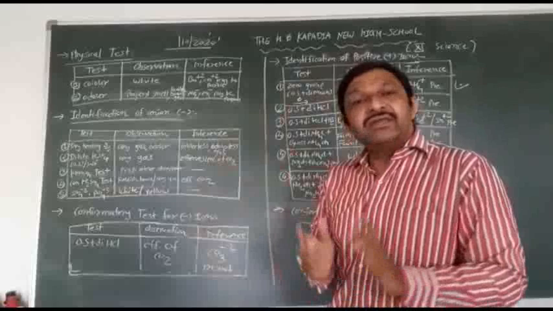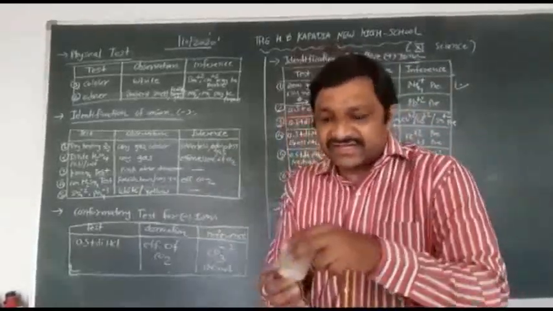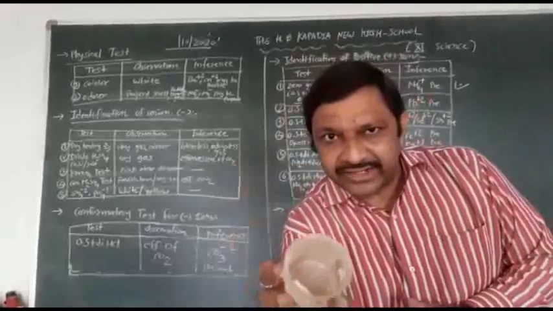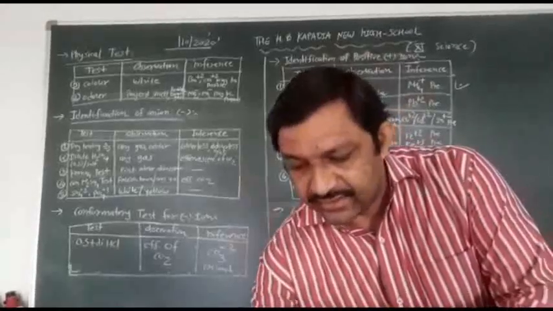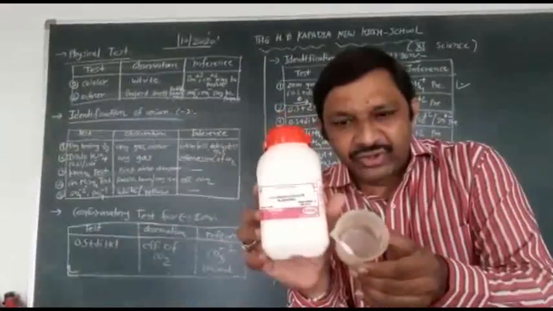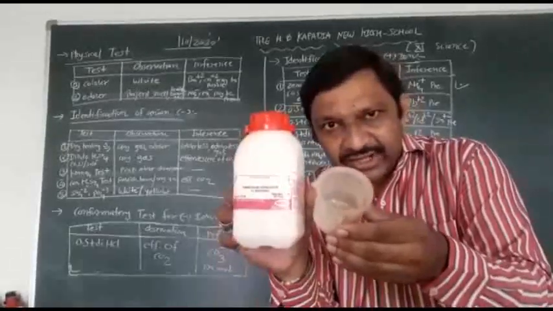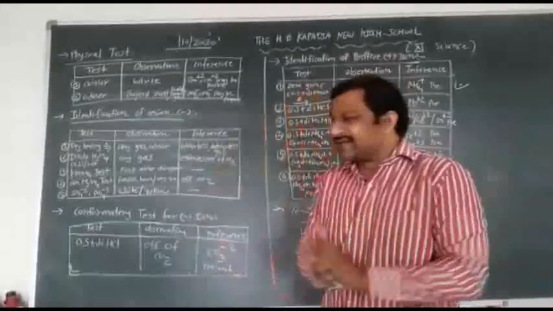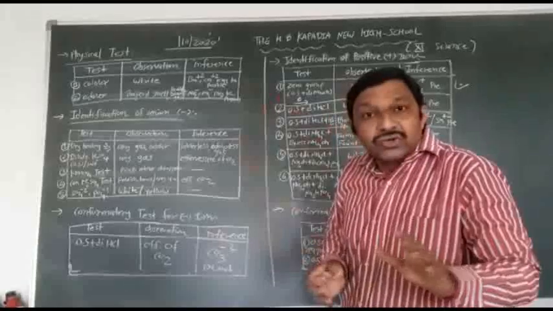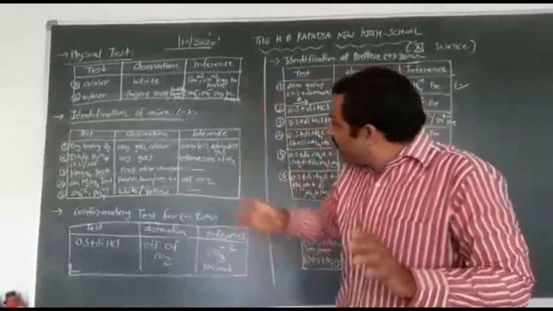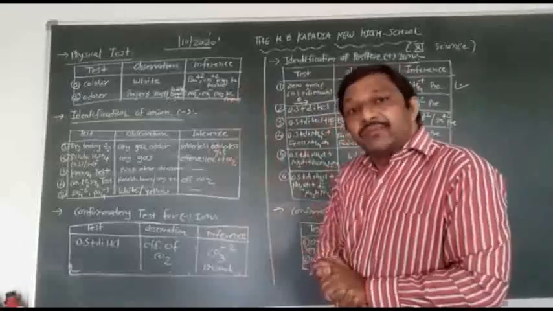Okay, so in ammonium carbonate, color and odor, you can see easily here is your ammonium carbonate. Colorless or white powder ammonium carbonate. Here is the chemical ammonium carbonate, white powder form. Now listen. So your color is white. Odor, you can easily smell an ammonia-like smell in your ammonium carbonate powder.